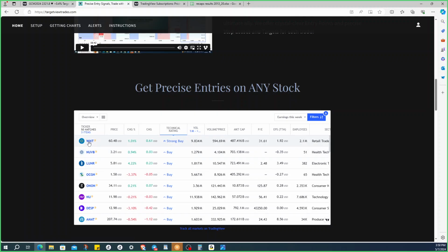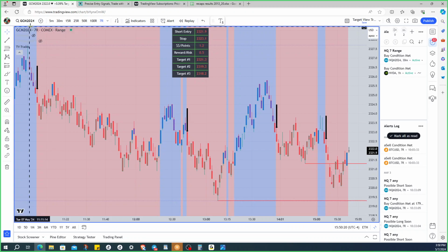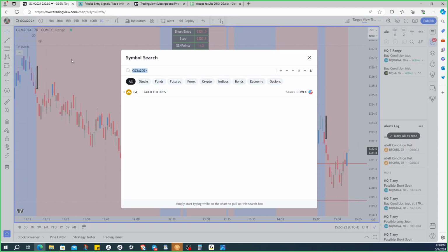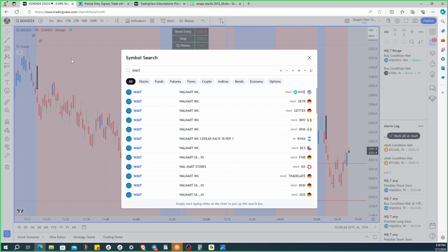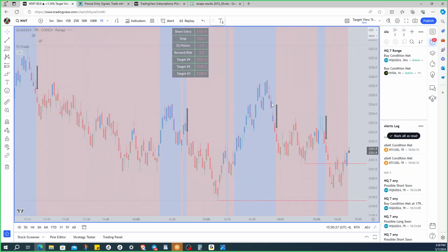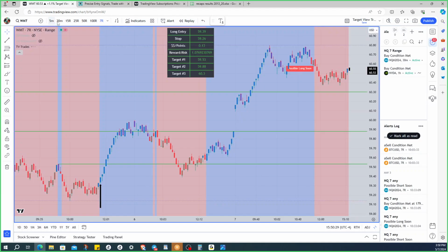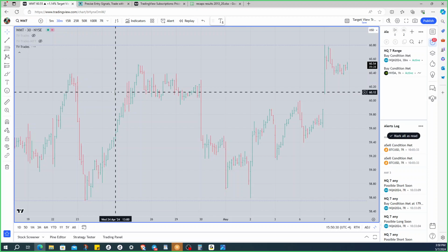So what you can do is take Walmart. Take that symbol WMT and come here to your TV trades and just throw it in here and do WMT and turn it on and put it on like a 30-minute. And this is something else,